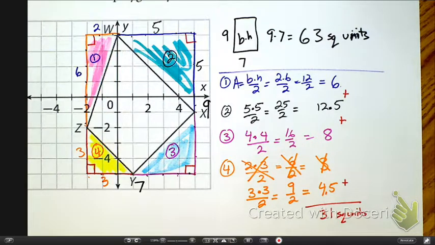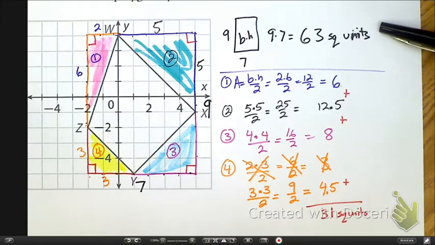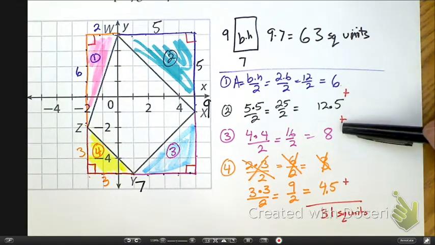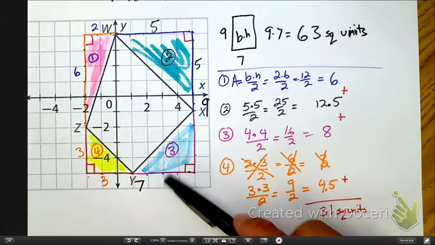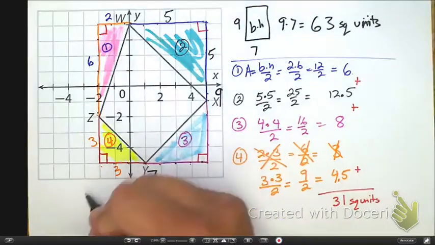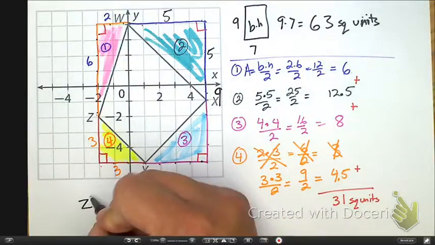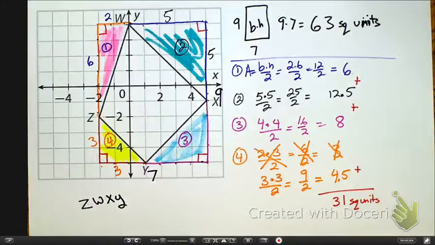Now, we found the area of the largest rectangle that we constructed along the outside. We found the area of each individual triangle we constructed around our polygon. To find the area of our polygon, of our quadrilateral, Z, W, X, Y, or any order that you choose to go,